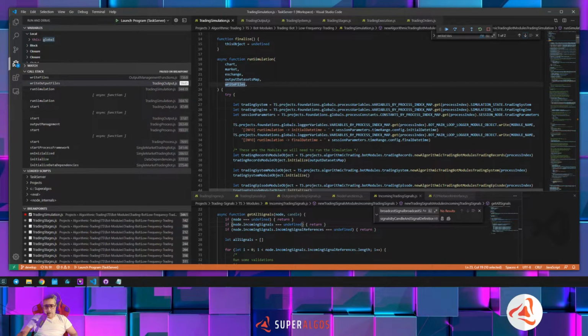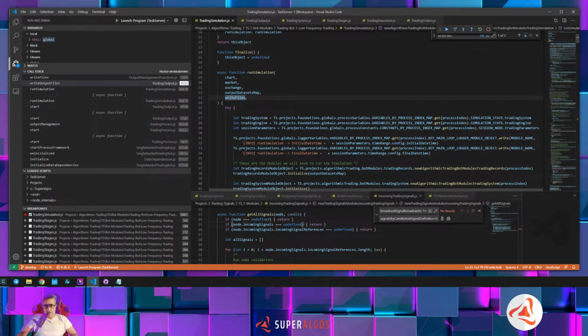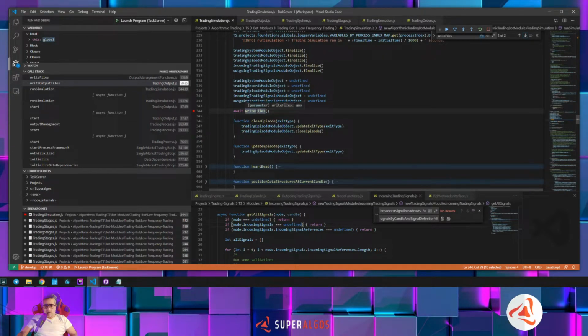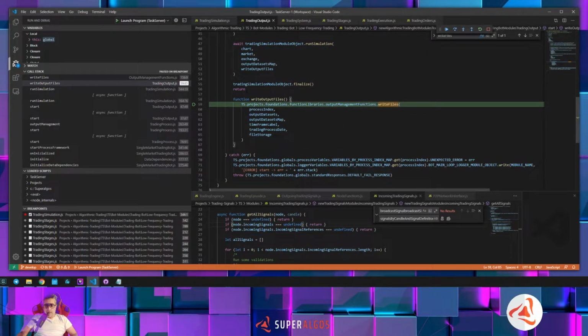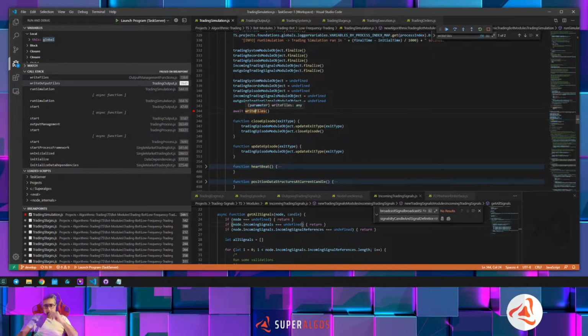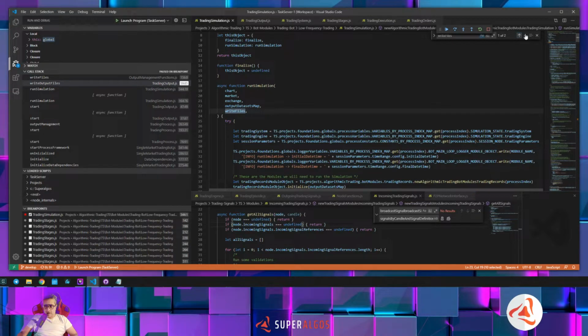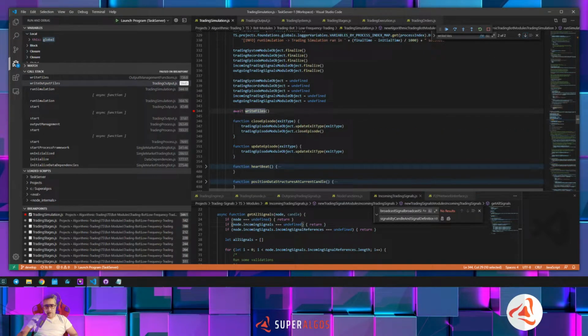We are awaiting this. Okay, so this write files is a function we receive by parameter. Okay, cool. So we are awaiting this write files,